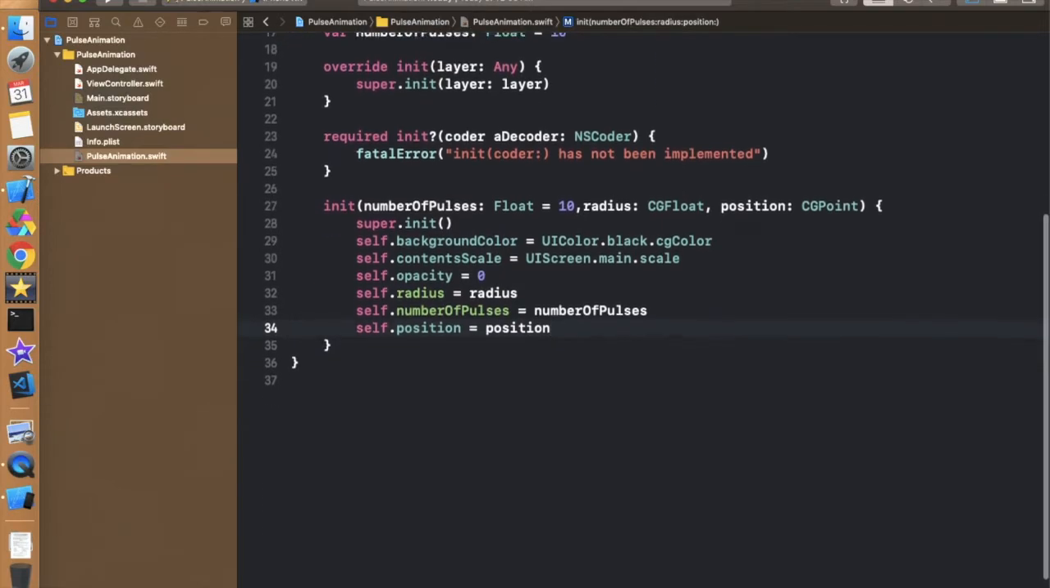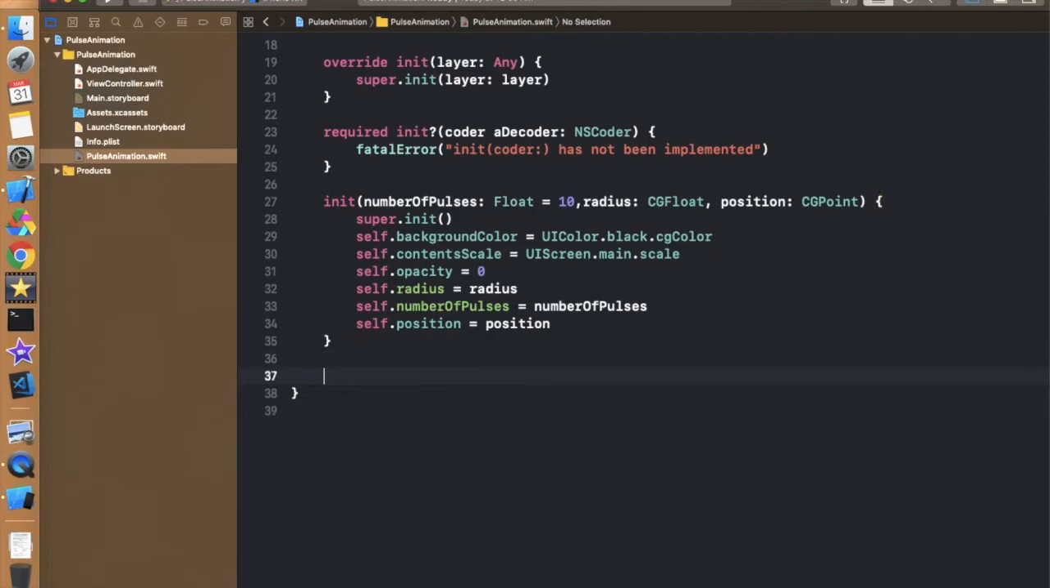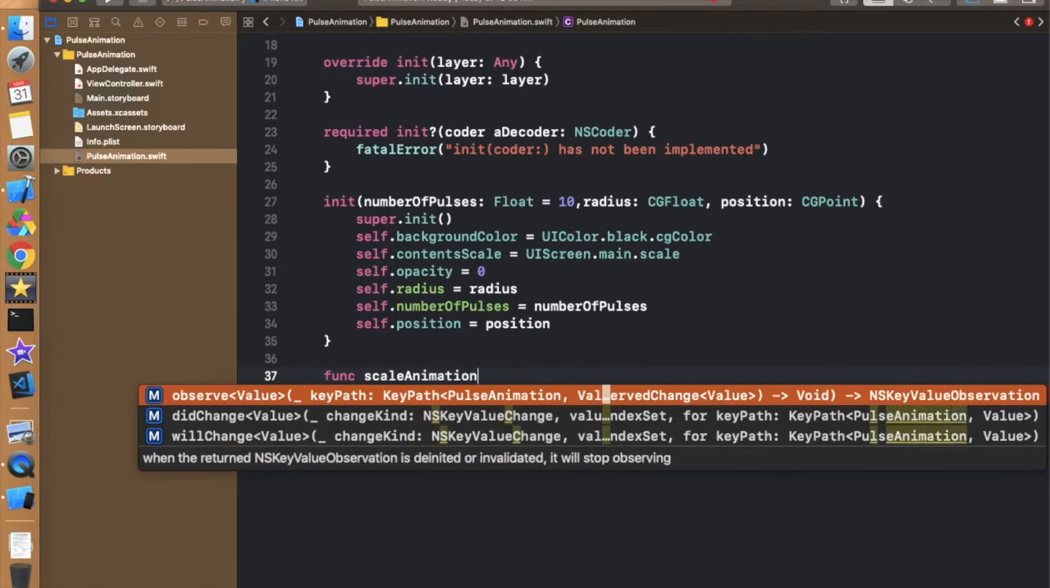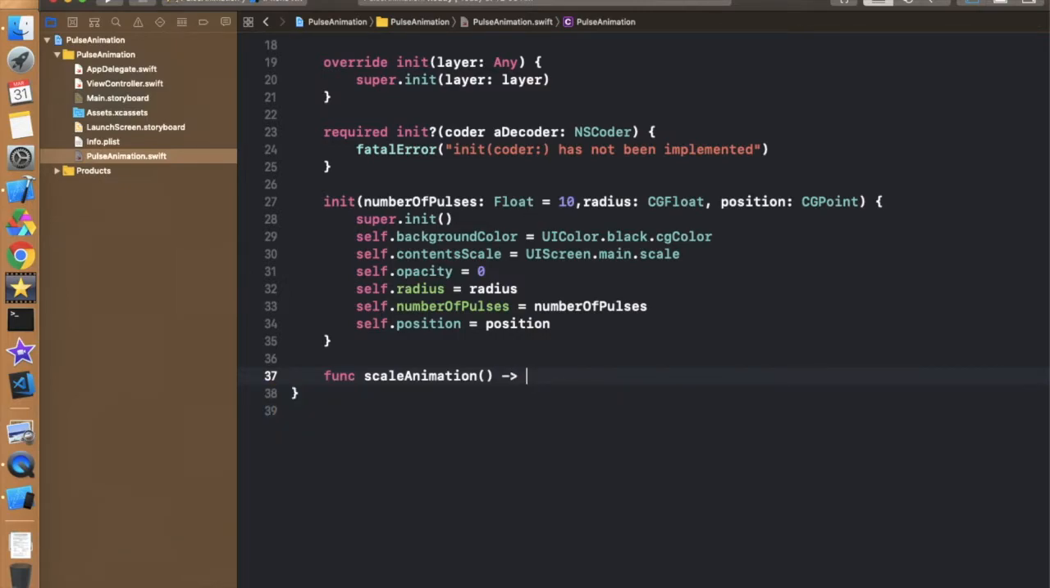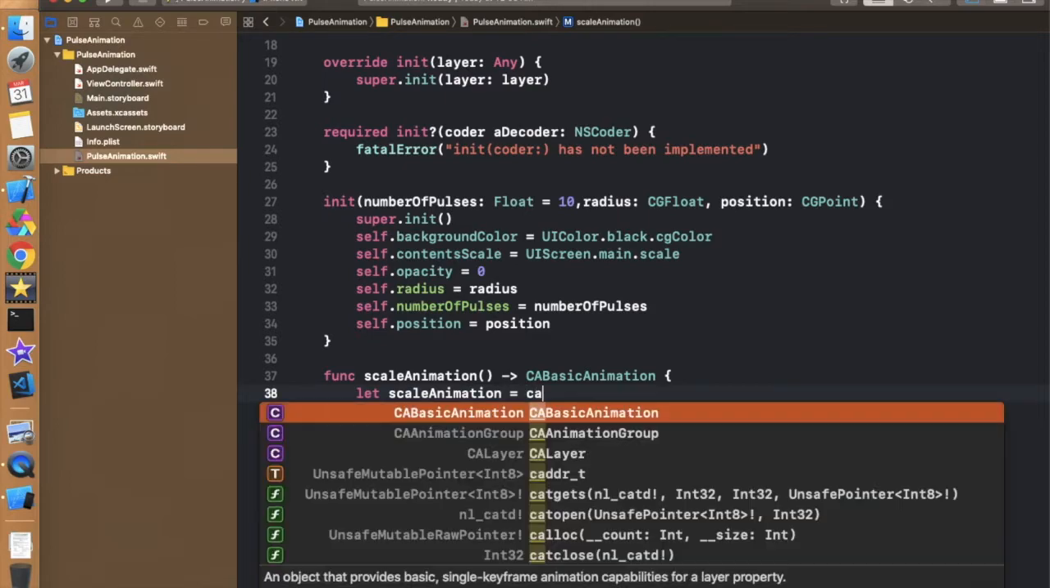So let's define some methods for performing these animations. First we have to use a CABasicAnimation. For that, just simply write func, and we are going to use this animation for our scaling purpose. So just give the name scaleAnimation, and this method will return a CABasicAnimation, something like this. And in this we first have to declare a property, let scaleAnimation, which is of CABasicAnimation type,